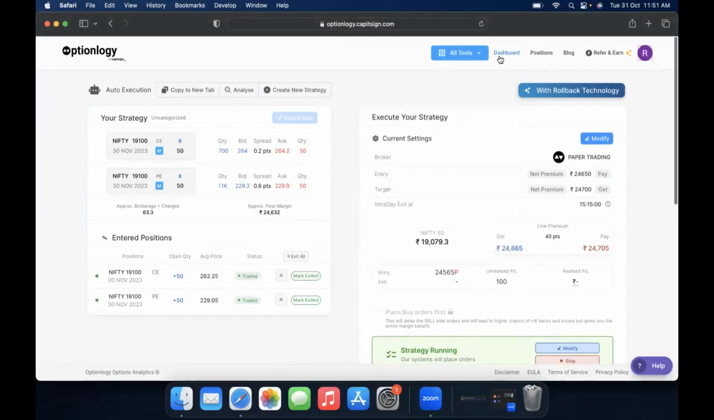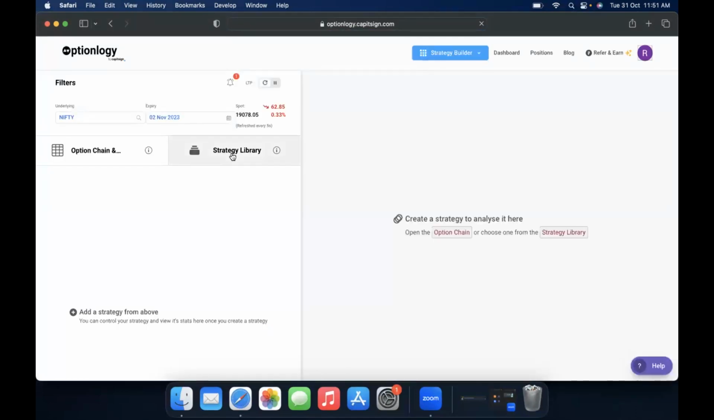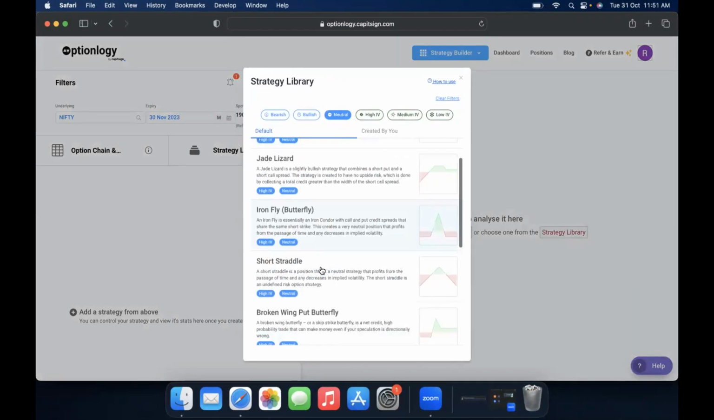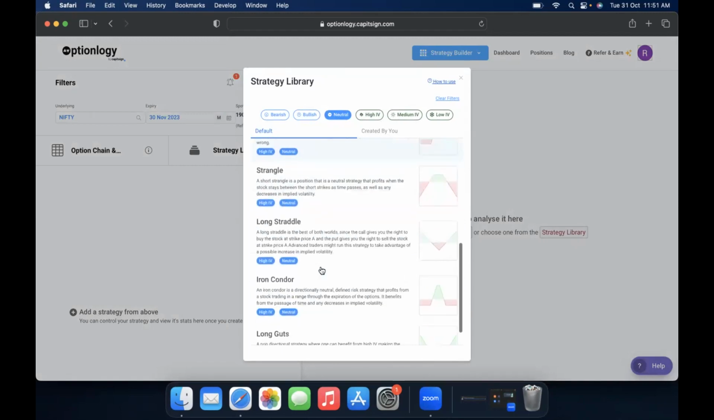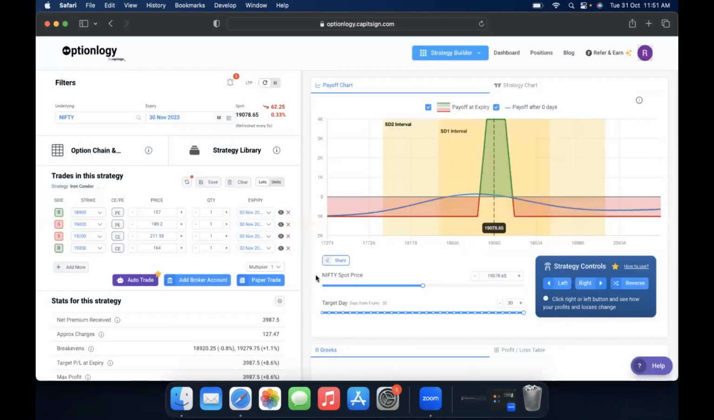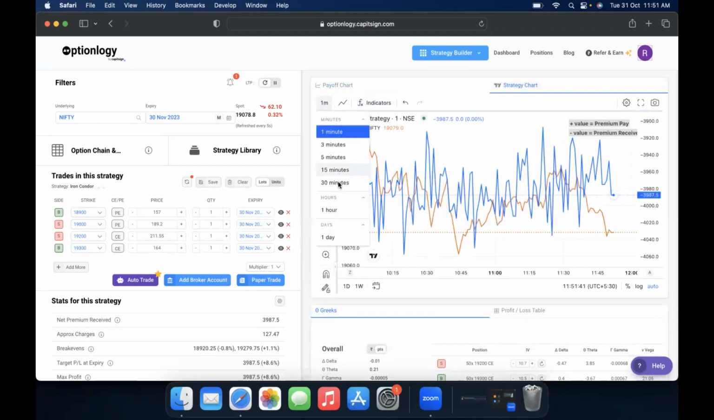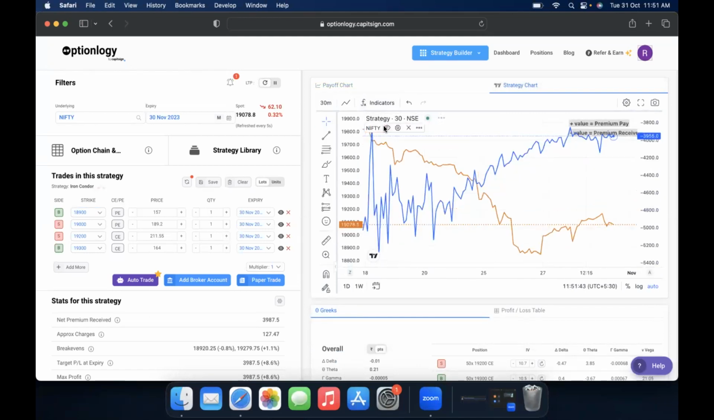So I'll just create a new strategy as well, just to show you how a big leg strategy moves. So I can select a pre-made strategy as well. So let's say I select an iron condor. It has both buy and sell legs. I want to analyze how it is moving. So on a 30-minute chart, I'll hide Nifty, and I can see that,